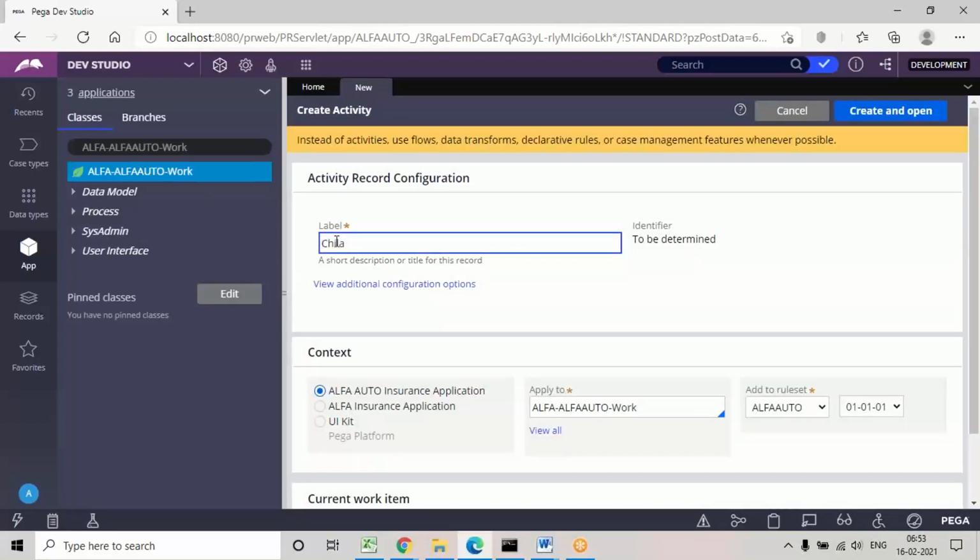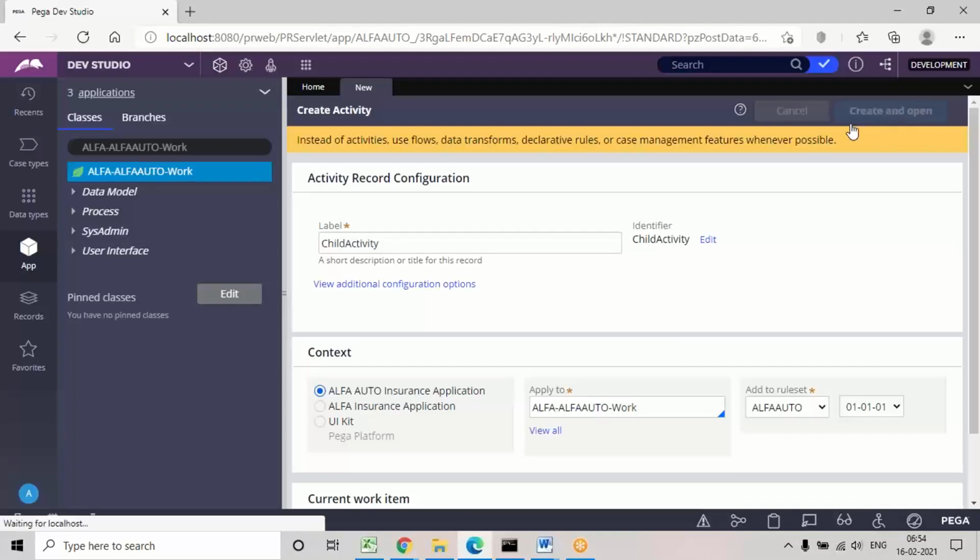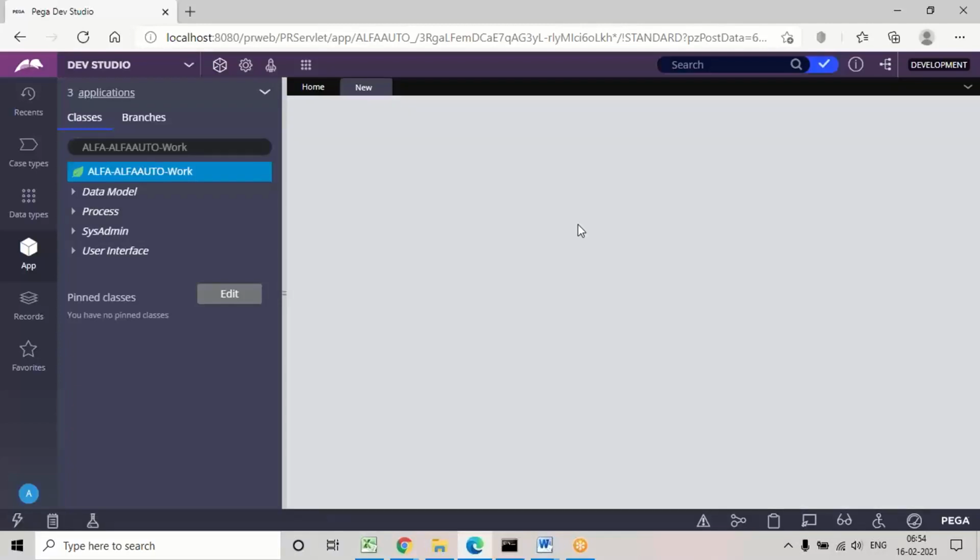I'm giving it the name child activity. In this activity, I want to use the properties of a table.